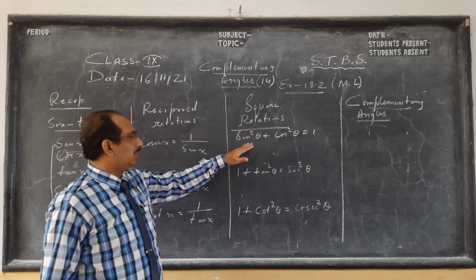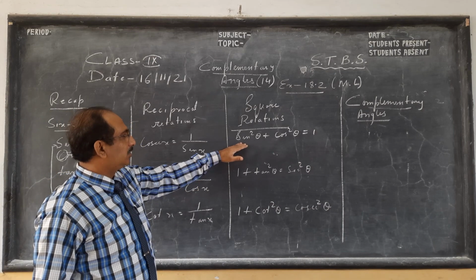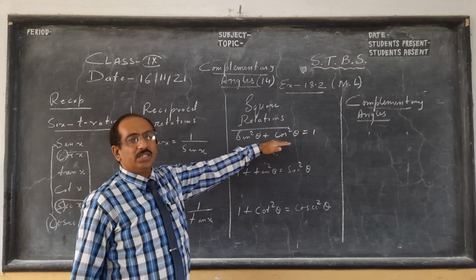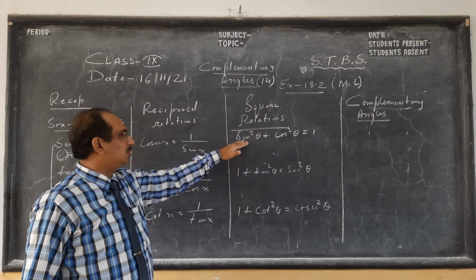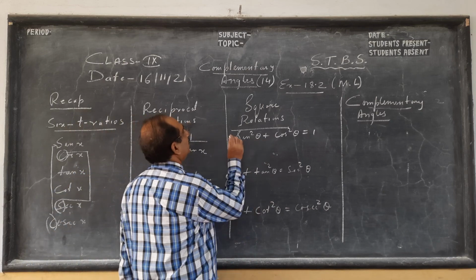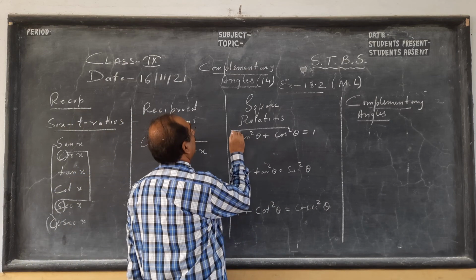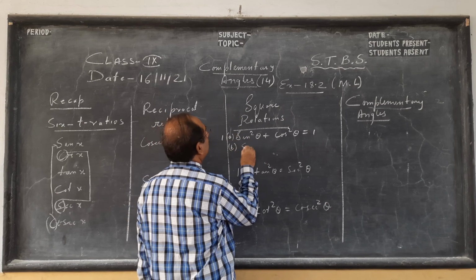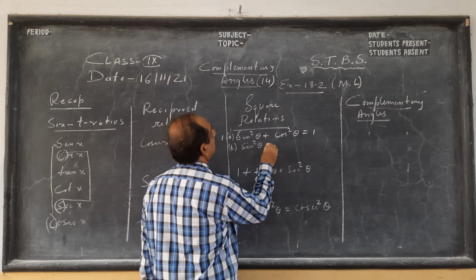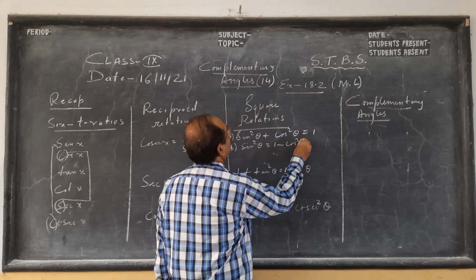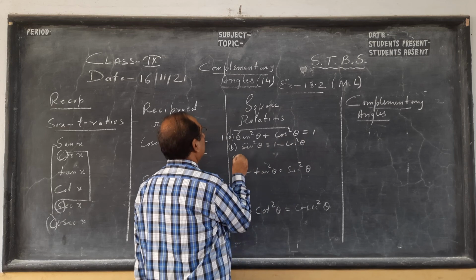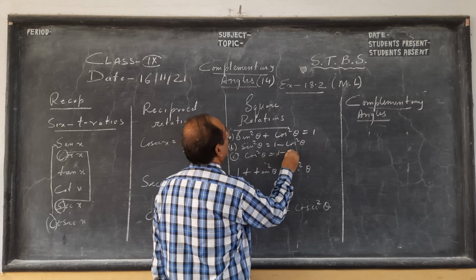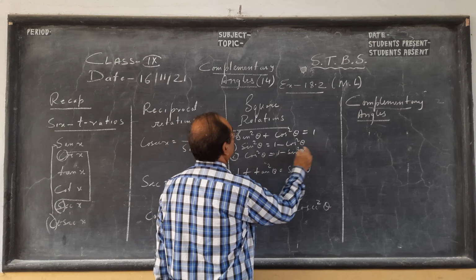Then this is something very important, the square relationships. Just one more is left here. Sine square theta plus cos square theta is 1. This is all you need for class 10 also. You take it as 1a. Then we write this in another way. Let us take cos to that side, children: 1 minus cos square theta is sine square theta. Let us take sine to that side. Let cos remain here: 1 minus sine square theta is cos square theta.